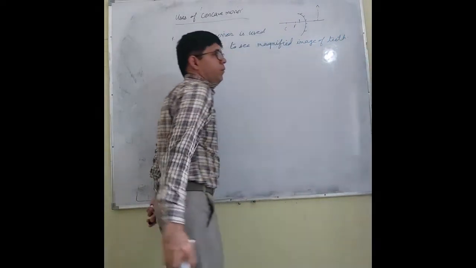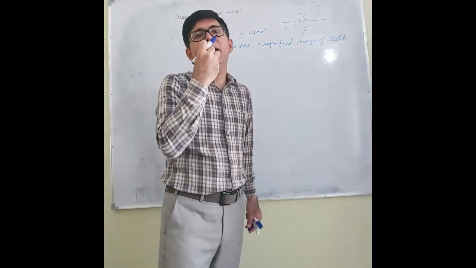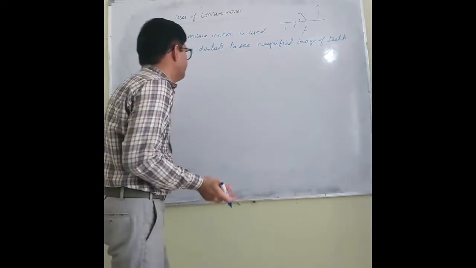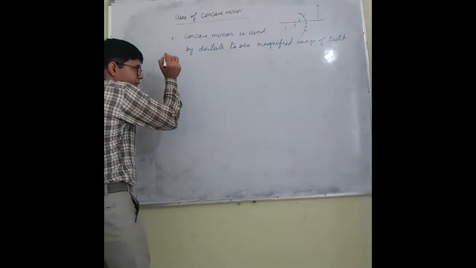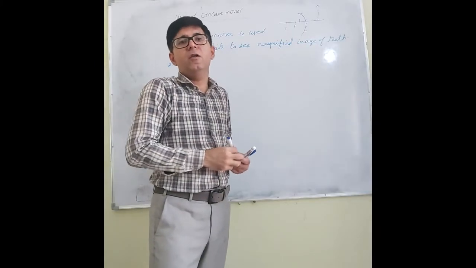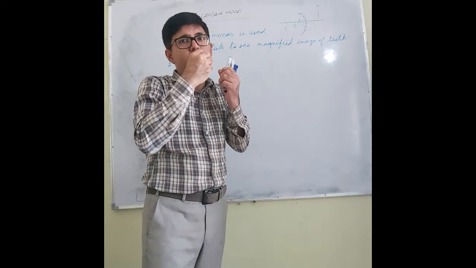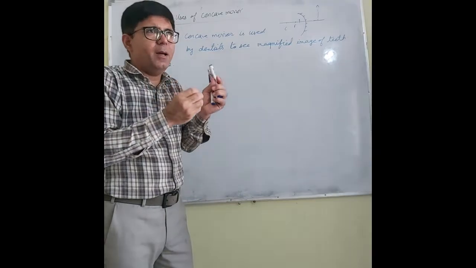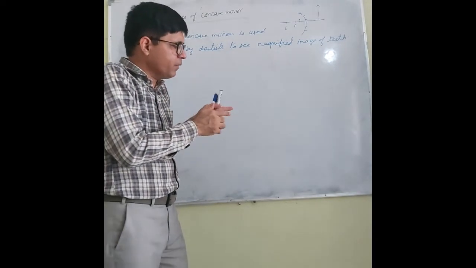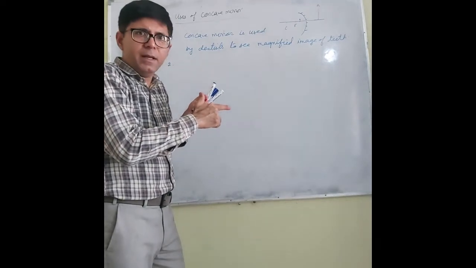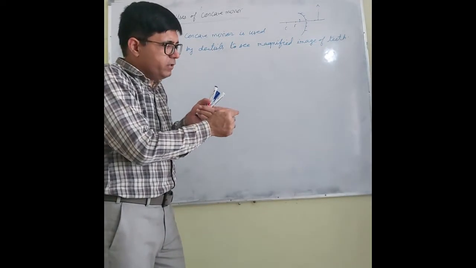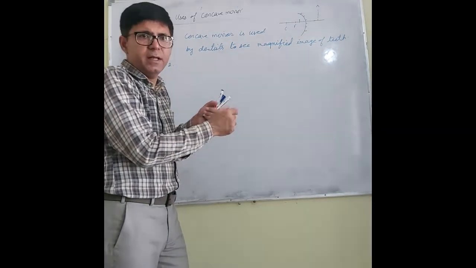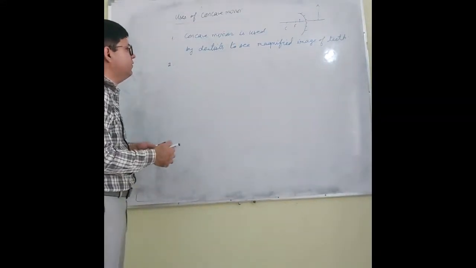Right? Because mouth is so small, dentist cannot look into our mouth and he cannot check the cavities, etc. You might have seen that dentist performing some surgery in teeth also, he cannot take the help of the naked eye, but he has to take the help of the concave mirror. If this is an instrument, here concave mirror is fitted. So this is the teeth, he will see magnified image of the teeth there, and on the basis of that he takes the various decisions to do the surgery.